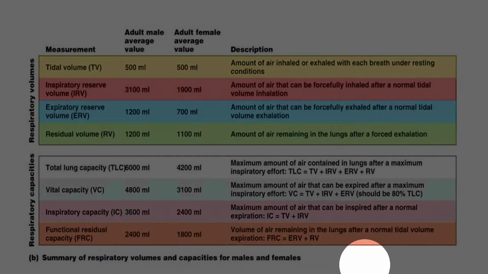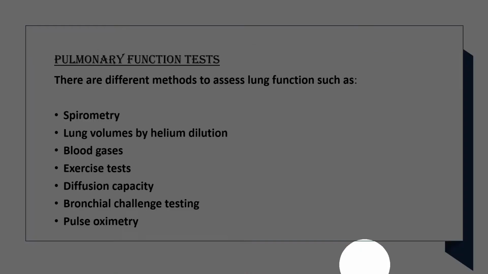These values are very important from an exam point of view, right? So it is important that you have another look at these values. There may be a minor difference in your Guyton, so try to have the latest edition of the Guyton, and hopefully there will be no big difference, but I recommend you have another look at these values. Check before you prepare for the exam. Check these values one more time.